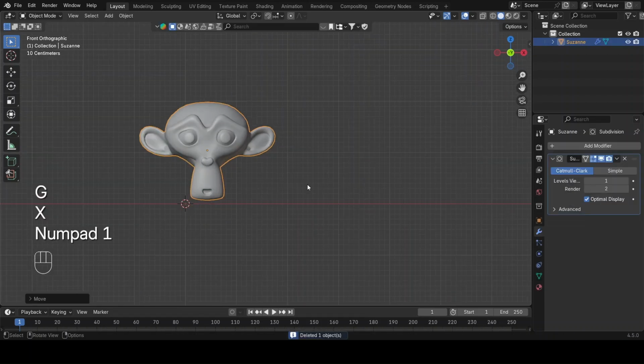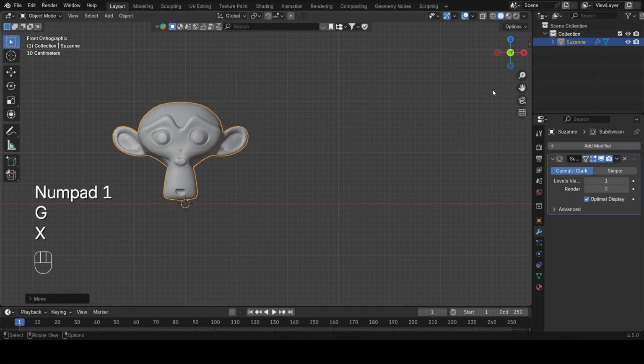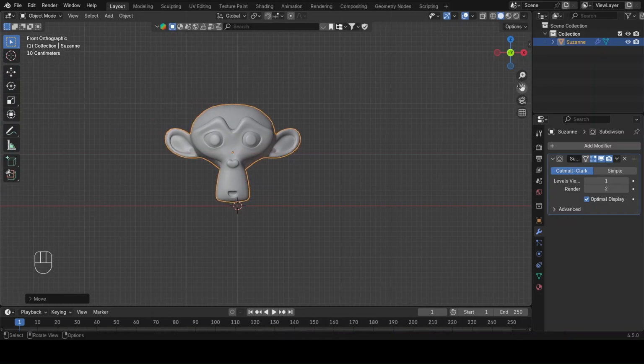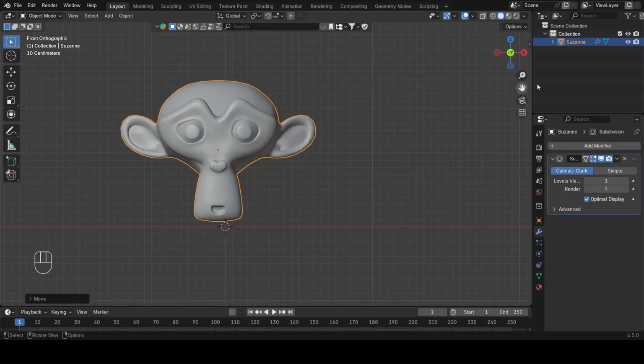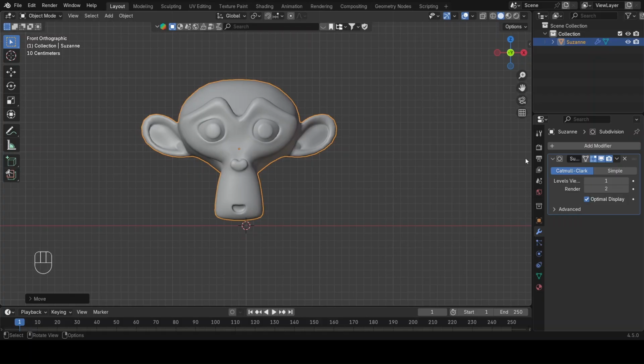So now you know what Shade Smooth means. Sorry, Shade Smooth and also the subdivision modifier. What do we mean by subdivision modifier? You know by this. And then now what we have to do, go to this red circle that is called